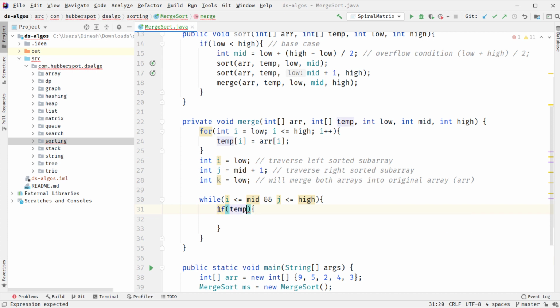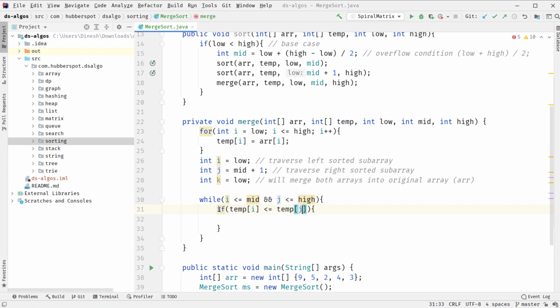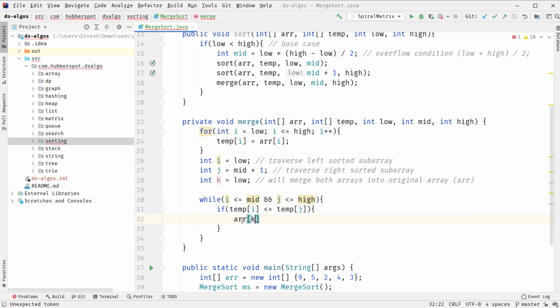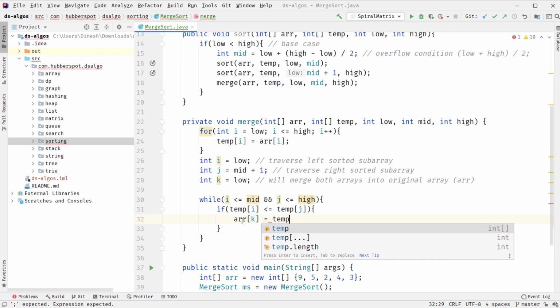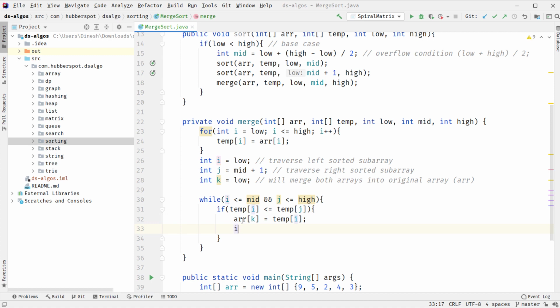So we do if temp of i is less than or equal to temp of j, it means whichever value is present at the ith index, the left sub-array value is small. So at the original array, at kth index, we will put temp of i, and after placing it, we know that the left array's one element is at its correct position, so we'll increment i.